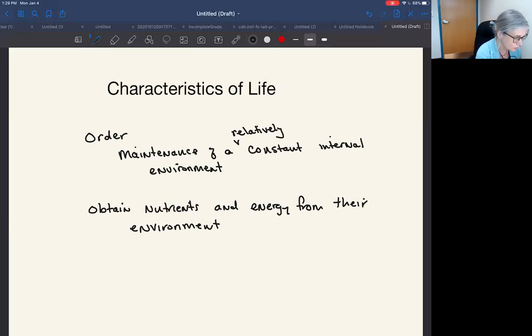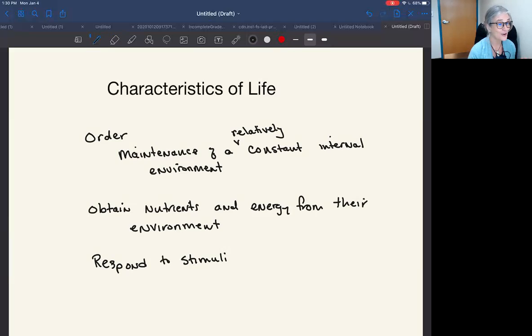We need to be able to respond to stimuli. When we think about stimuli, we generally think of it from our external environment, but